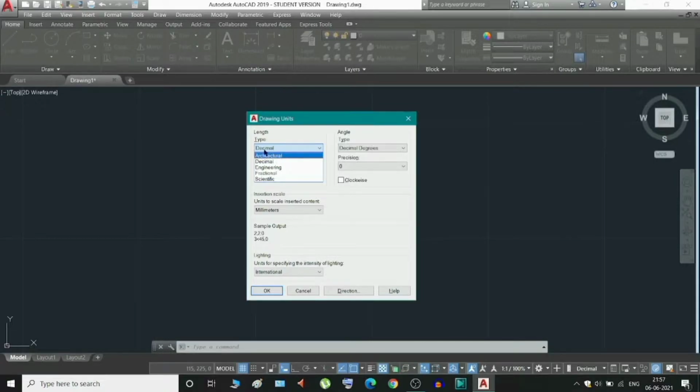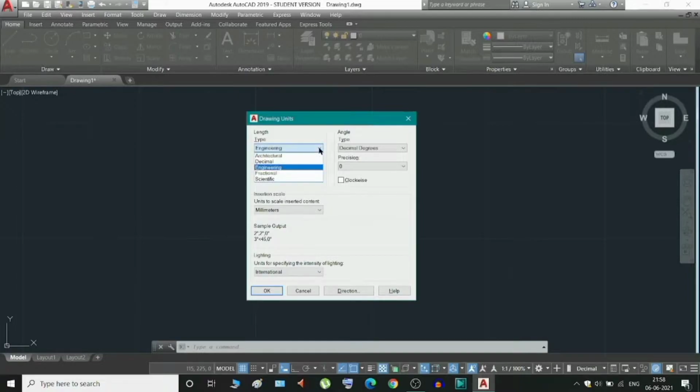So there is a difference between architectural and engineering unit. If we select the architectural, then we can see for feet and inches, the inches will be displayed in the fraction part. So it becomes a little problematic for someone. So if you are using the empirical unit, then you should use the engineering unit instead of architectural unit, where you can see the precisions are like this, but it depends on the work.